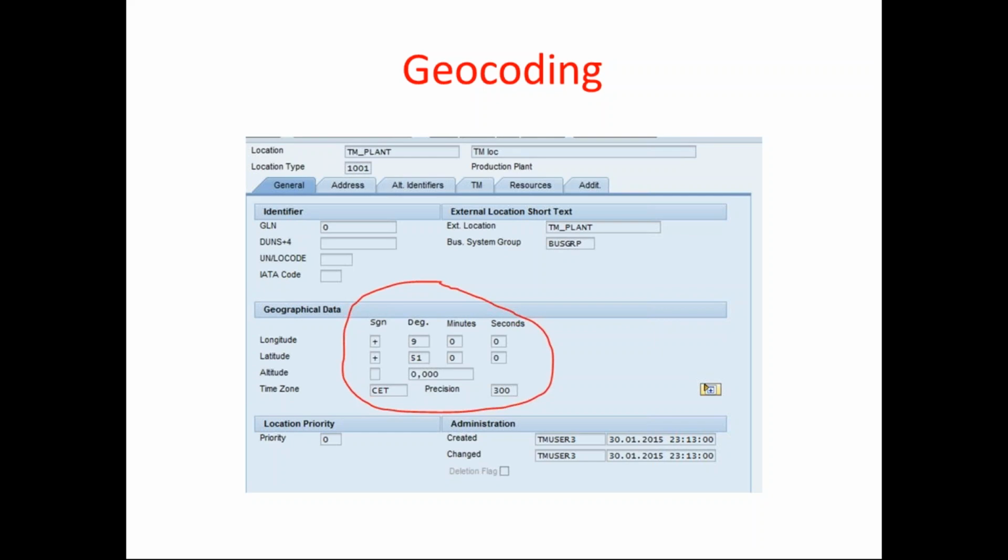They identify this based on the latitude and longitude, which is geographical data. So they can easily identify how much time it will take to reach the customer place. That's why this geographical data is important, and it is linked to your GIS. I will show you this in the system also.